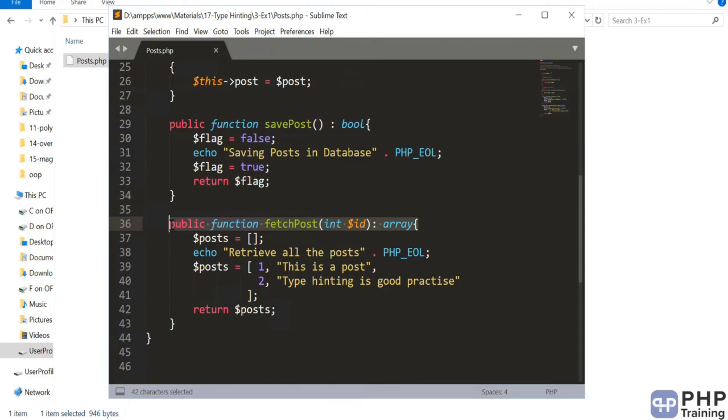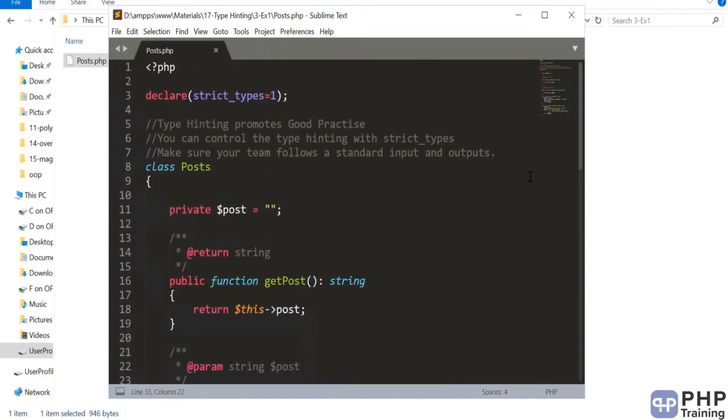If you don't mention an array, it's really difficult to understand how this code has been written, right? You don't know what this code will return. Maybe your assumption of fetching a post could be one record, but typically it's not one record, it's an array. Okay, well, type hinting will improve your code quality, and if you're looking for better quality in your code, or maybe in your team you want to promote this, you can promote type hinting in your team as well. Okay, so this is a common practice for most of the enterprise programs that you write.